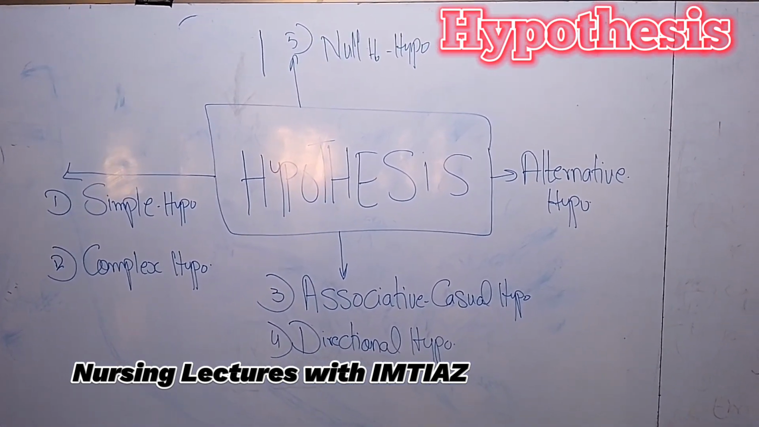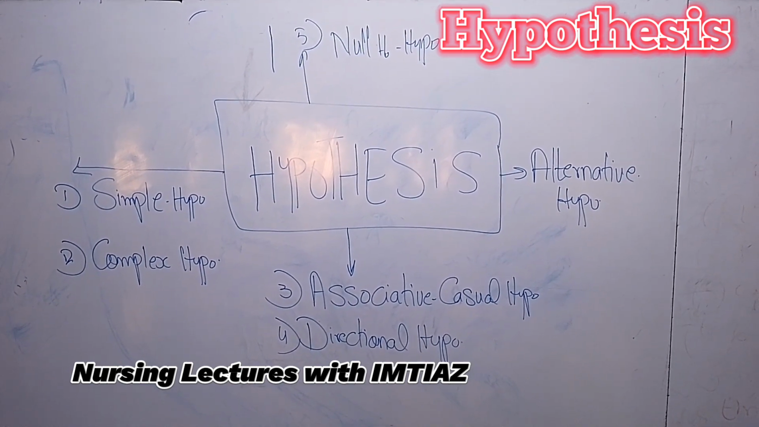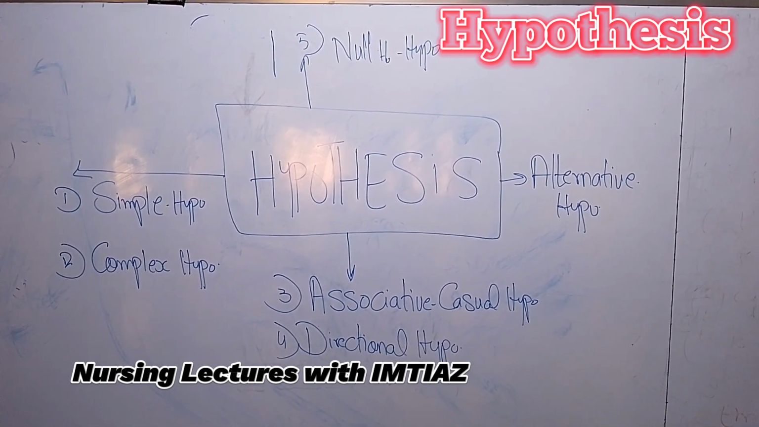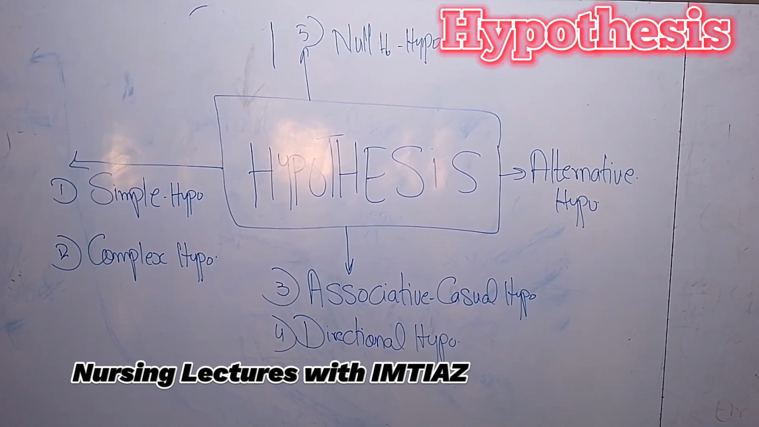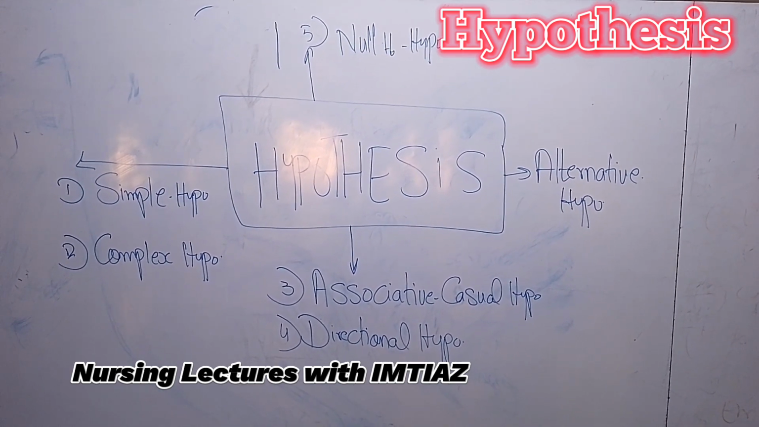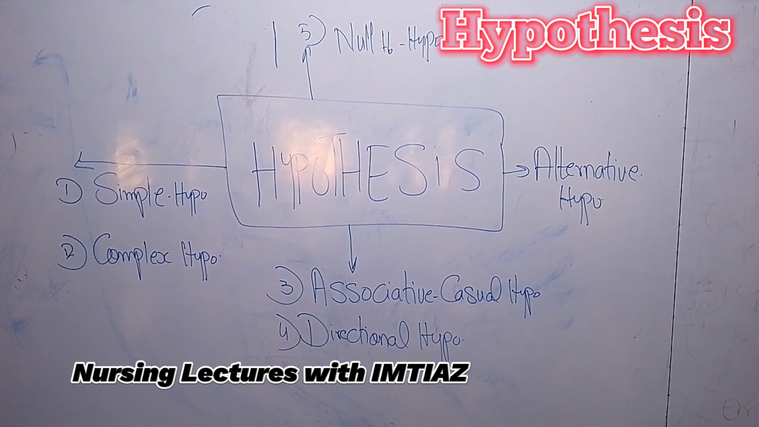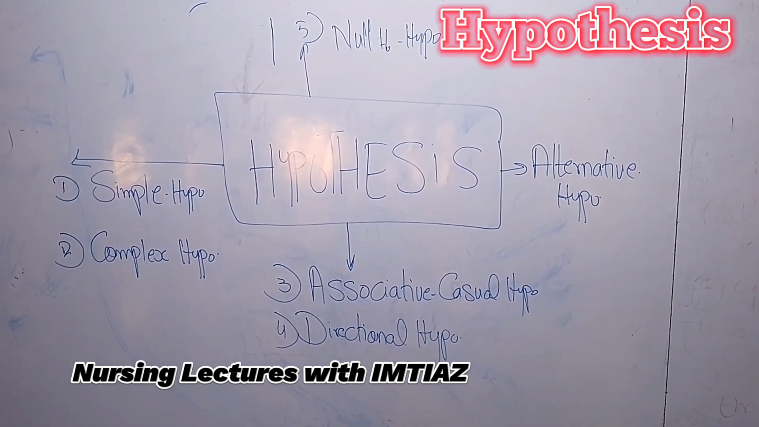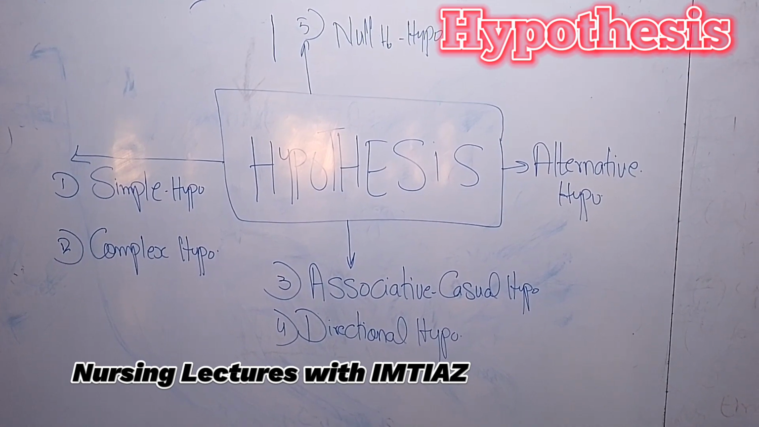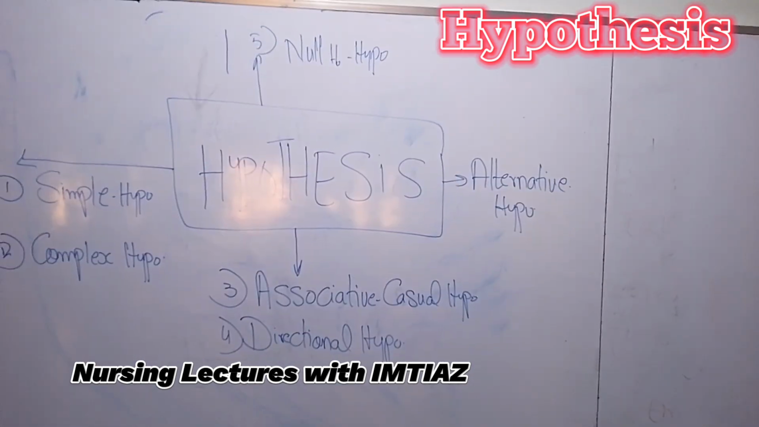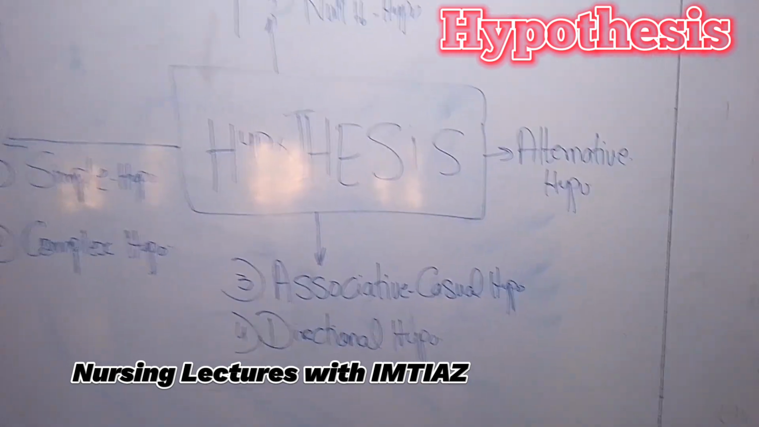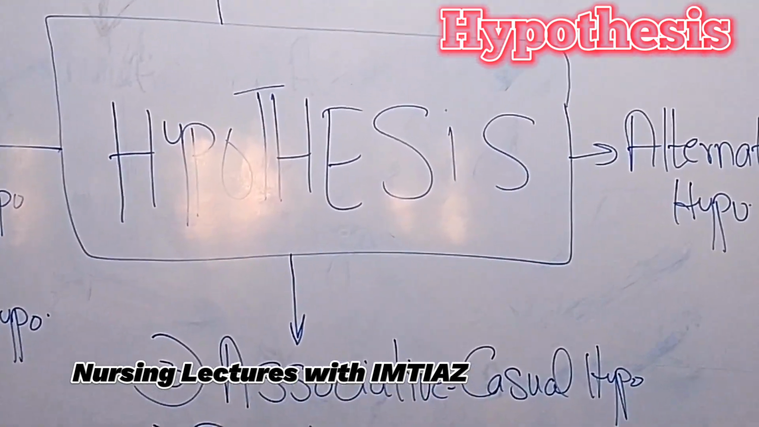Causal hypothesis predicts the cause and effect relationship between two or more dependent and independent variables in an experimental or interventional setting, where the independent variable is manipulated by the researcher to examine the effect on the dependent variable. The causal hypothesis reflects the measurement of the dependent variable to examine the effect of the independent variable, which is manipulated